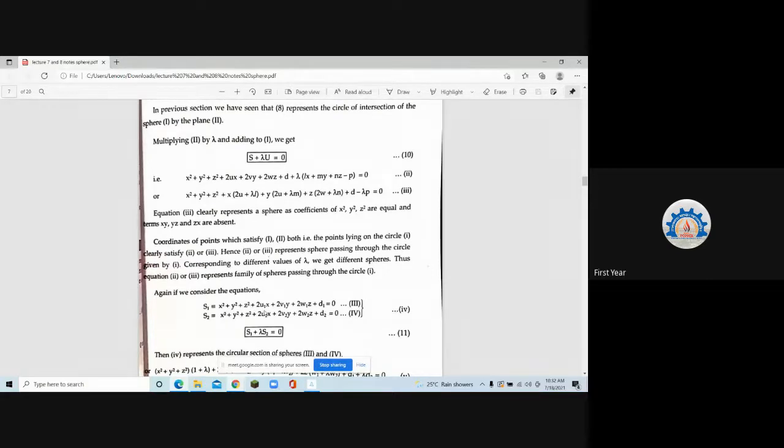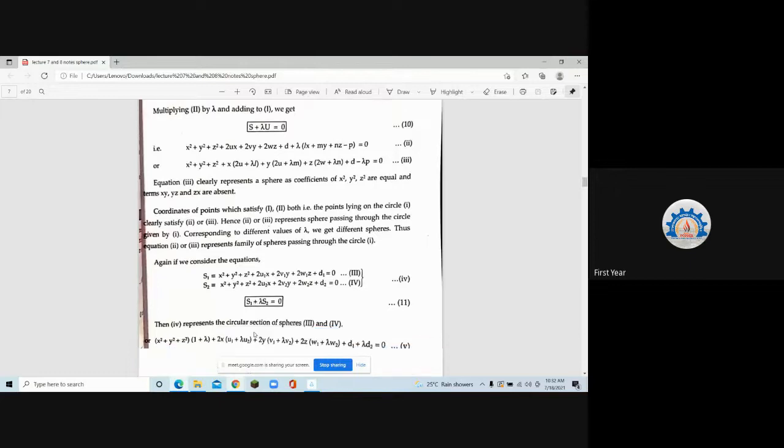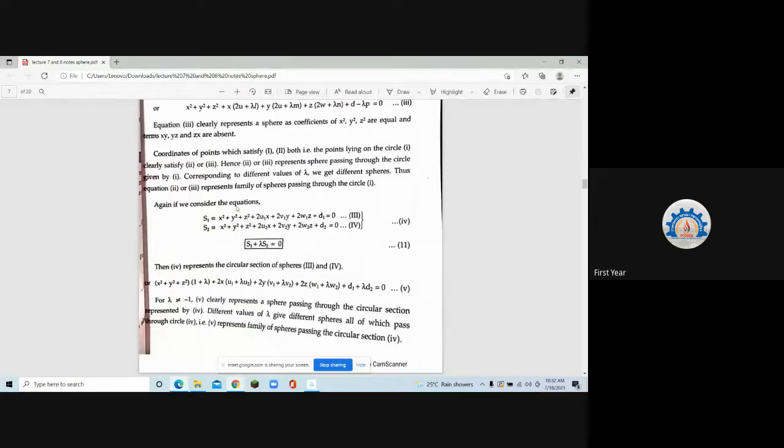That plane is called a radical plane. What yesterday Aditya Bhile got, that is called a radical plane. So that I'll explain you ahead. But is it clear? If lambda becomes -1, then your equation will be a degree 1 equation, which is the equation of a plane, and I want the equation of a sphere. So lambda should not be equal to -1.